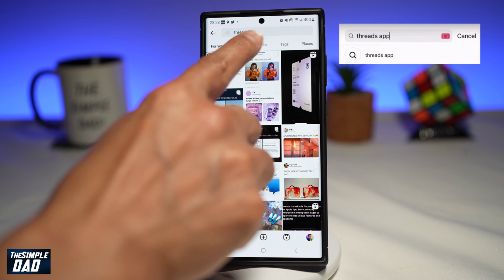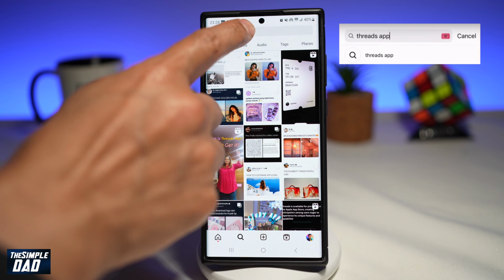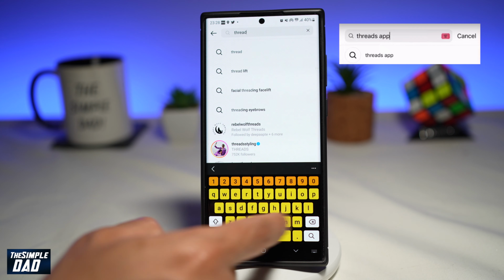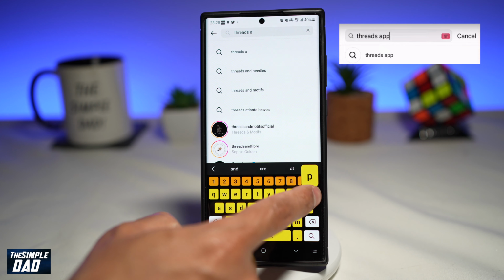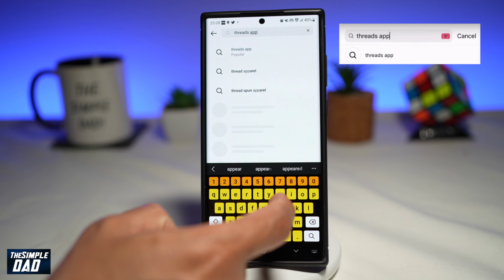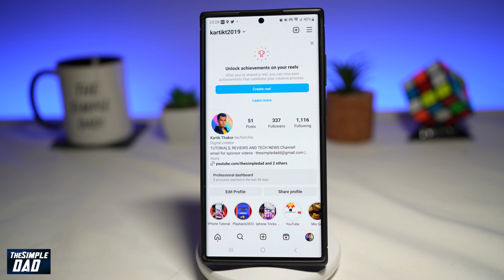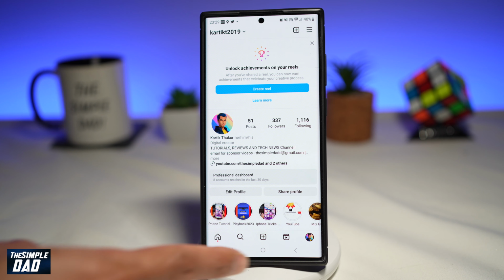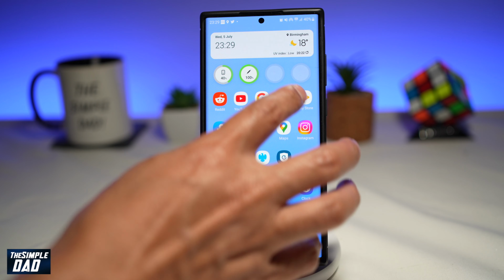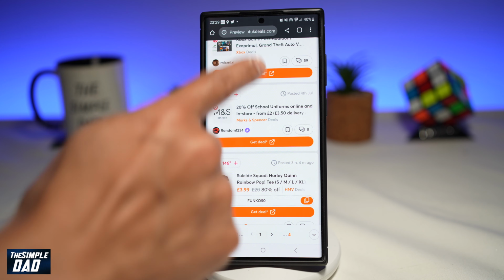Now, if you still don't see it, then this means that it's not available in your region, and there's nothing else you can do apart from just wait until Instagram rolls it out to you. So you just need to have some patience and wait until Instagram rolls it out to everyone. And there you go, guys. Those are some things which you can do to your Instagram app if you don't see the new Threads feature